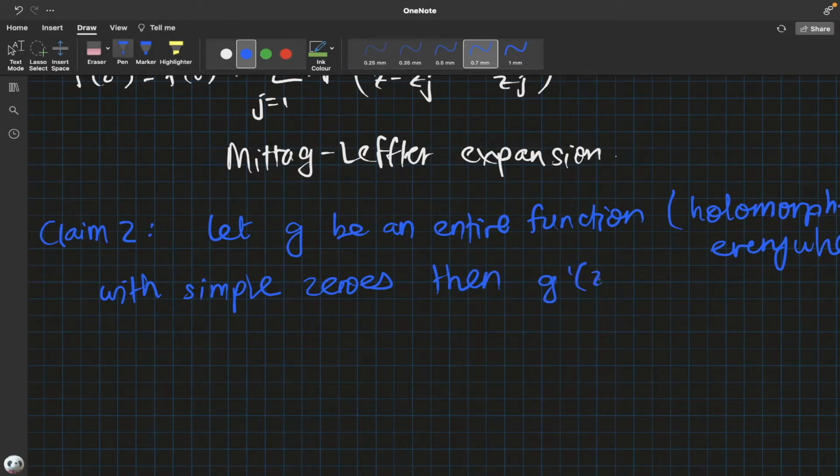Then the claim goes that g prime of z over g of z